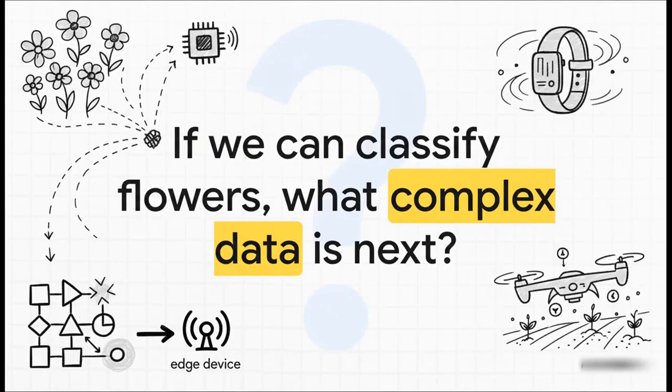So the big takeaway here is this. LDA isn't just some abstract algorithm in a textbook. It's a really practical and powerful tool for building smart, efficient devices. It lets us distill all this complex, high-dimensional data into simple, actionable intelligence, right where we need it, at the edge. And that just leaves us with a fascinating question, right? If we can do this for flowers, what's next? What could we do for wearables, for agriculture, or for monitoring our environment? The possibilities, they're literally